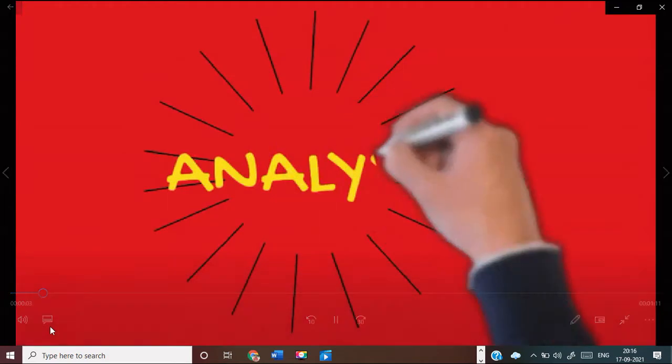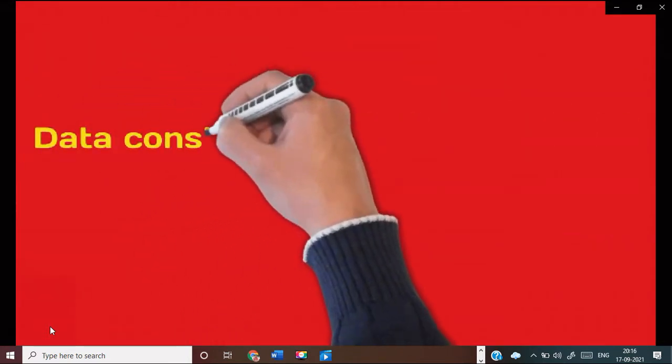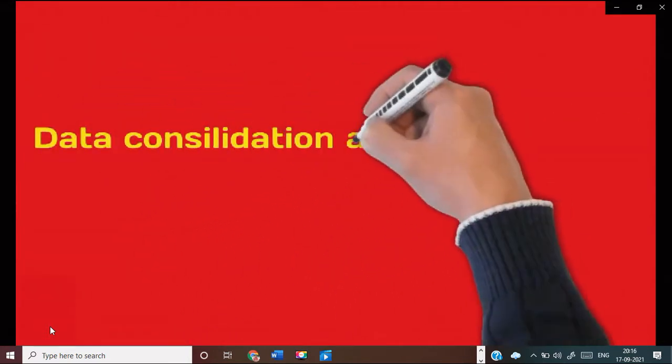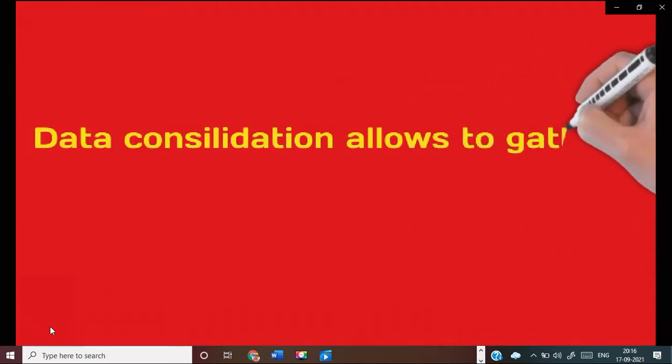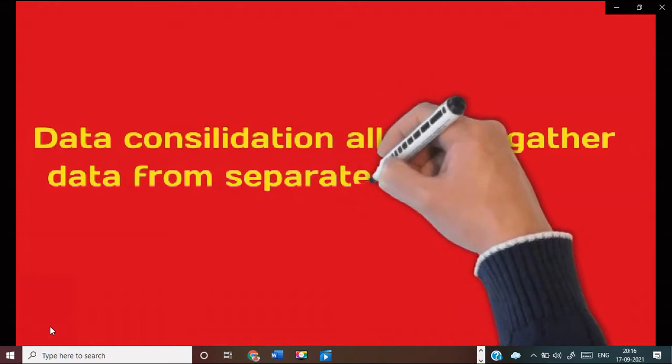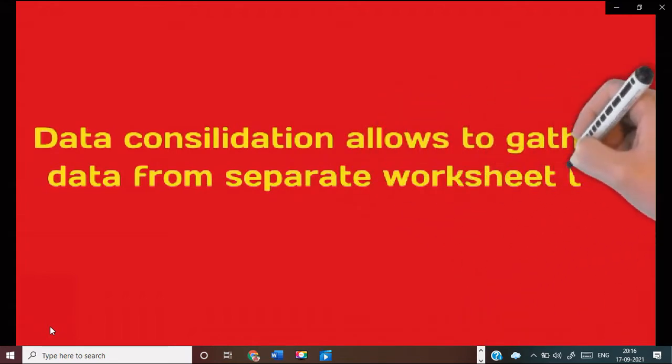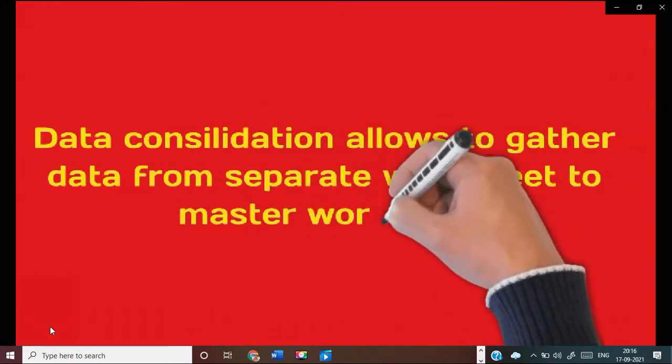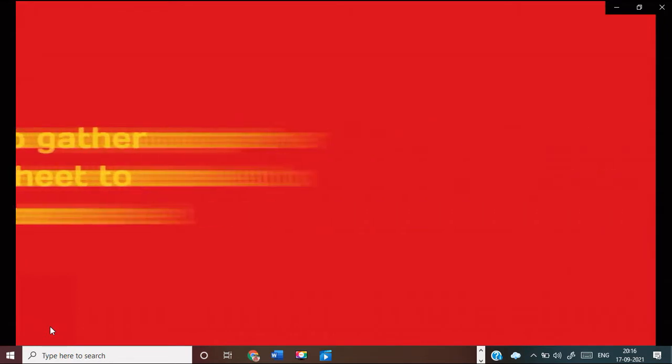Scenario analysis and goal seek. Consolidating data: data consolidation allows you to gather data from separate worksheets into a master worksheet.